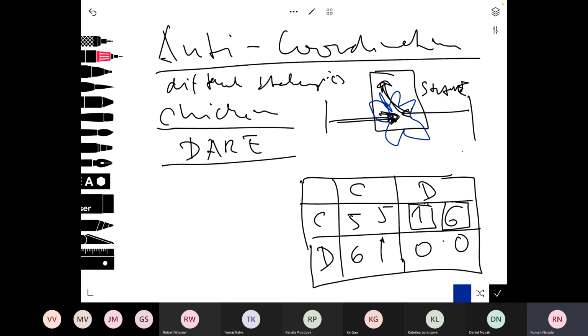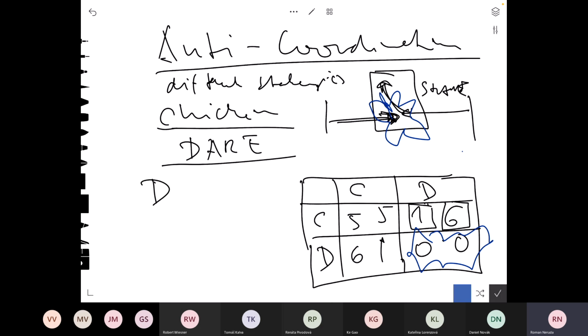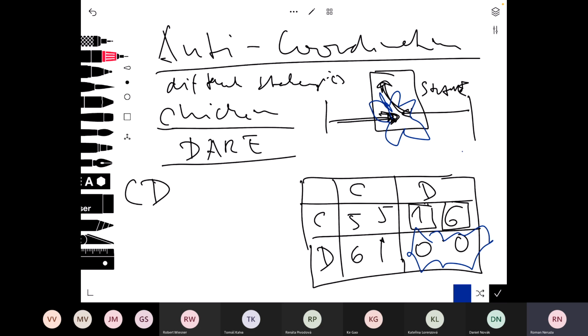If you're both dare, that's the explosion, so the 0-0 is a very optimistic formulation. The interesting thing is that the Nash equilibrium in pure strategies is when you both play different strategies. So CD and DC is the Nash equilibrium,